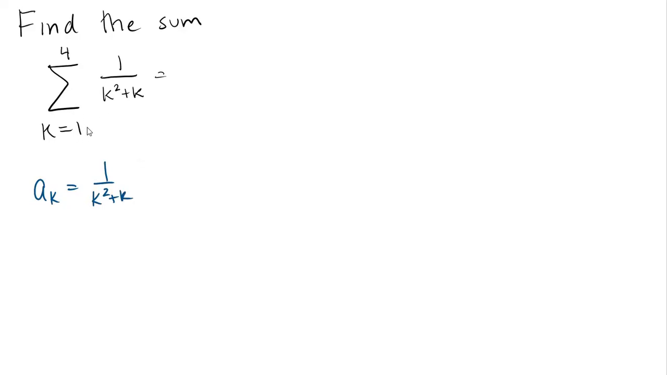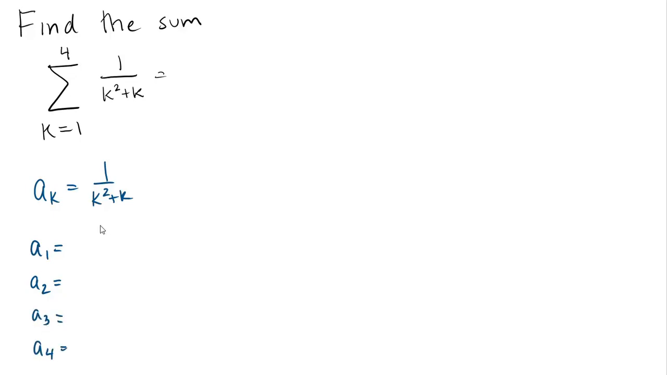Our notation here is telling us to add up the first 4 terms. How do I know I'm starting with the first term? Because the bottom says k equals 1. How do I know I'm going all the way up to the fourth term? Because the top number is 4. So I need to find the first term, the second term, the third term, and the fourth term of this